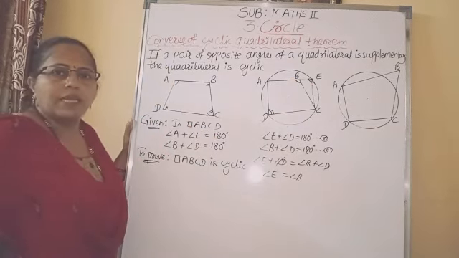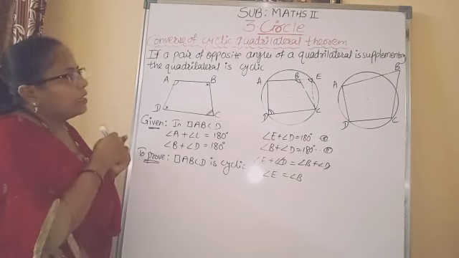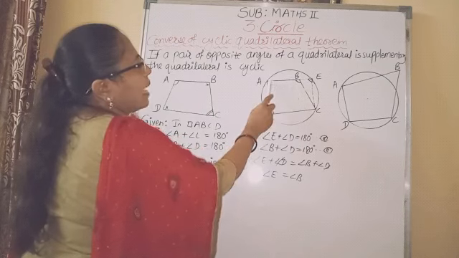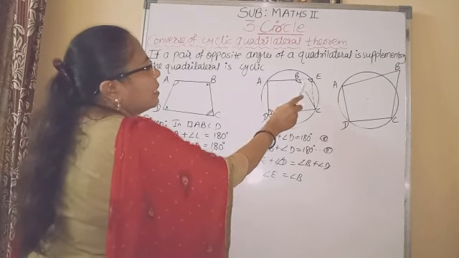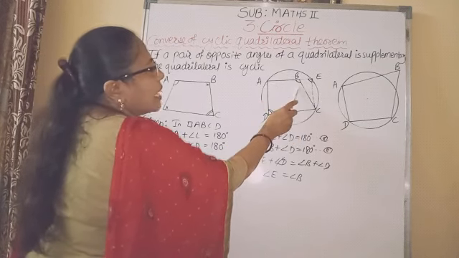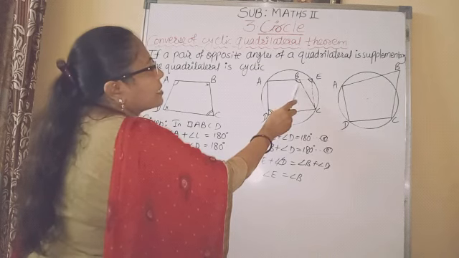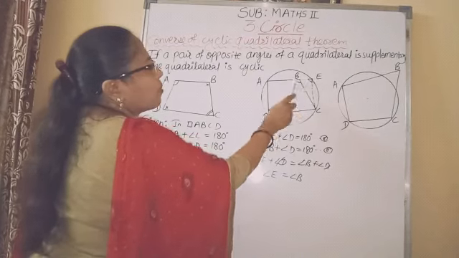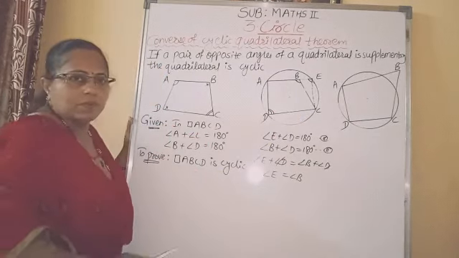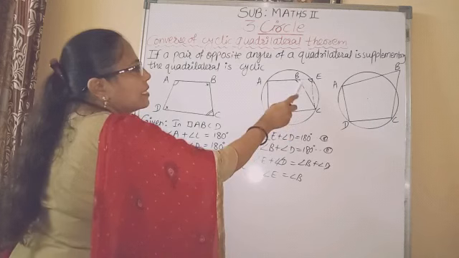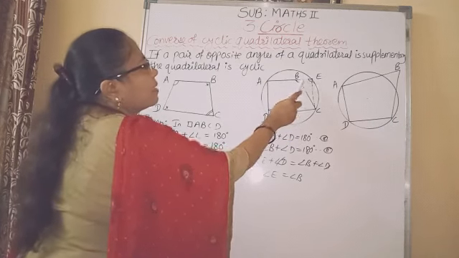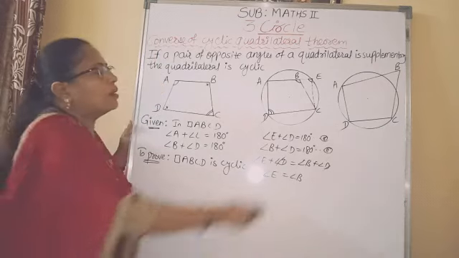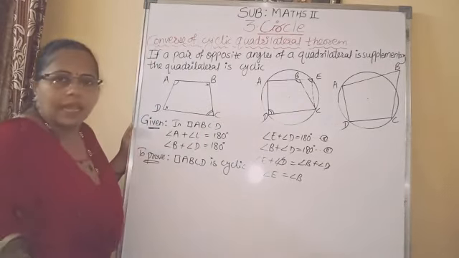These two angles we got equal. Now observe this figure. Angle B means angle ABC. This angle is the exterior angle of triangle BEC. From the figure you come to know angle ABC is the exterior angle of triangle BEC. And here we got exterior angle is equal to remote interior angle.